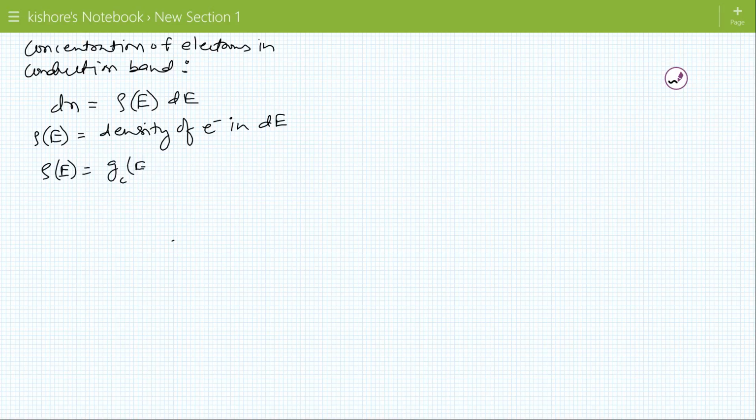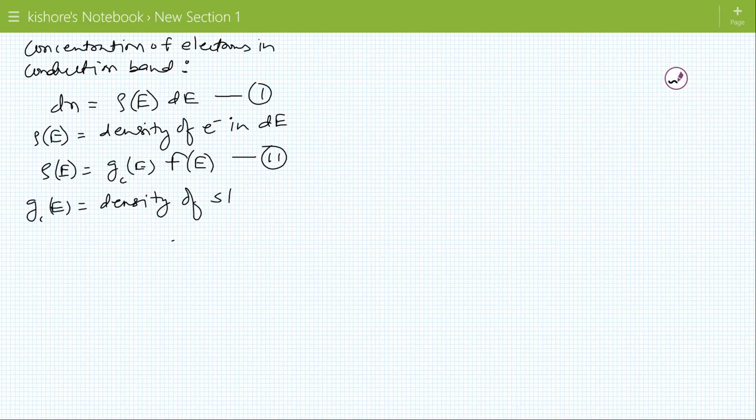G(E) into F(E). This G(E) is called density of states, in fact, the density of allowable states in conduction band. And this density of state is given by